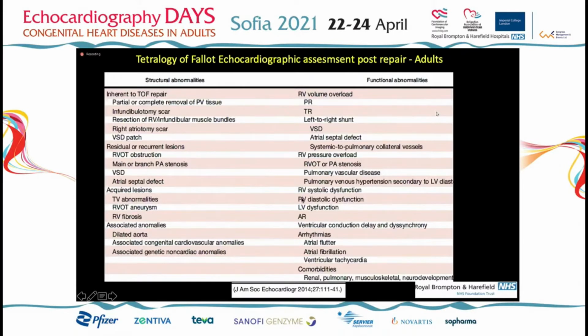And the functional abnormalities are all the hemodynamic implications. So volume overload caused by any valvular regurgitation or by residual shunts, pressure overload by residual obstruction, or in cases with pulmonary hypertension, for example, even if we don't have residual RVOT obstruction or pulmonary stenosis, we might have increased pressure load to the right ventricle for residual pulmonary hypertension, or diastolic dysfunction of the left ventricle that might increase the pulmonary artery pressures and then increase the pressures on the right side. Also, problems on the left side that could be acquired, like progressive aortic regurgitation for aortic root dilatation, or problems